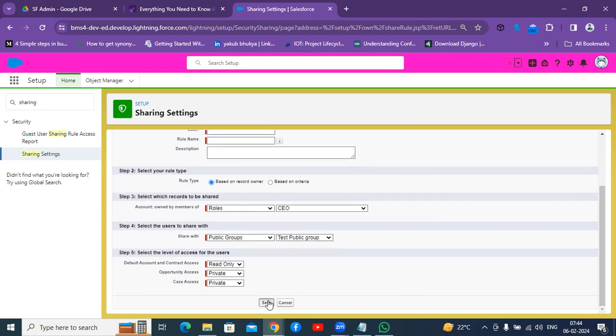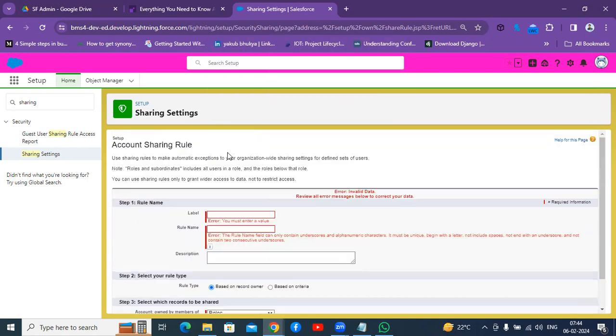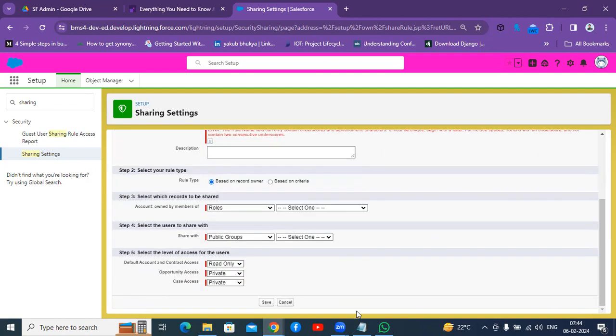I'm saving it. Oh, I did not give any name for this public group. So, account access. Now save.